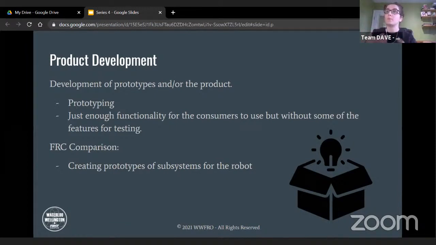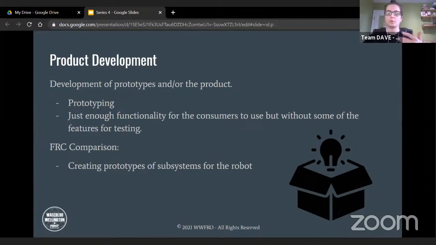They want to make sure that the game is playable. They want to see where the issues are, what you are struggling with as a potential consumer, what you want to fix, what you want changed. So this is where the product development stage comes in as well. You don't want everything available right away. So for FRC comparison, before you create that final CAD, before you send it out to be put together,